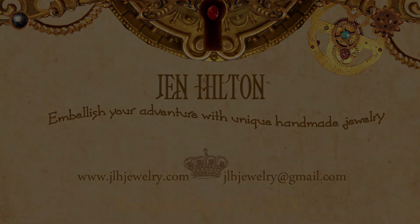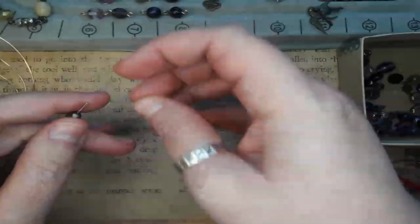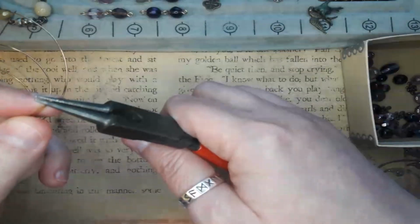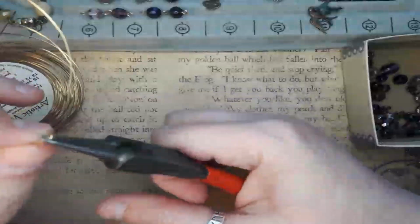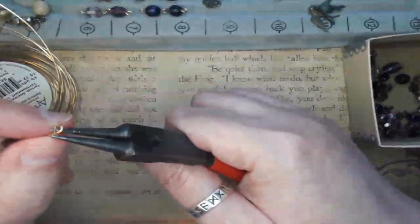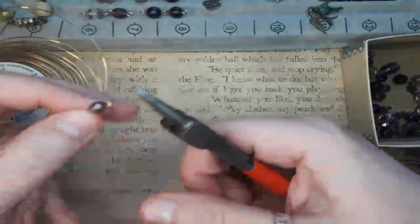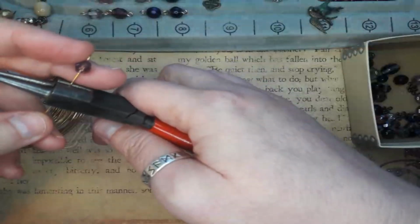Today I'm going to work on a rosary. It's a rosary that I want to make for a friend of mine. I actually bought the parts probably a couple of years ago. It's been a couple of years that I haven't really worked on anything because I didn't have a studio. I mean, I guess I could have worked on stuff even without having a studio, but